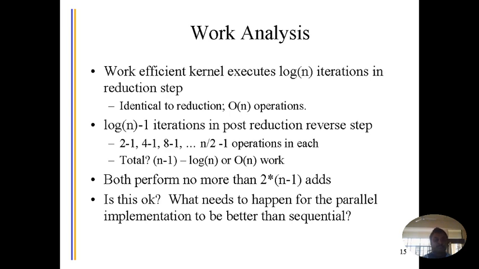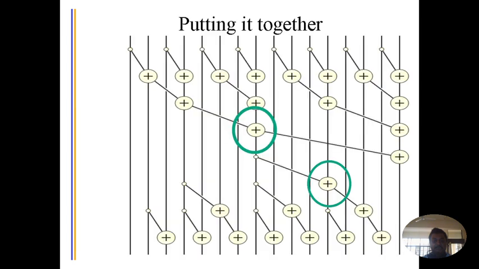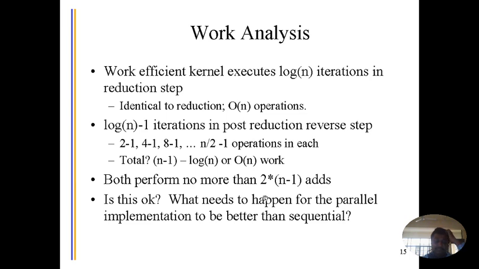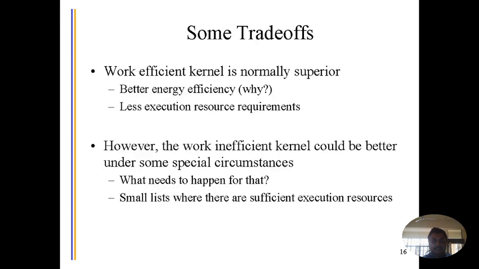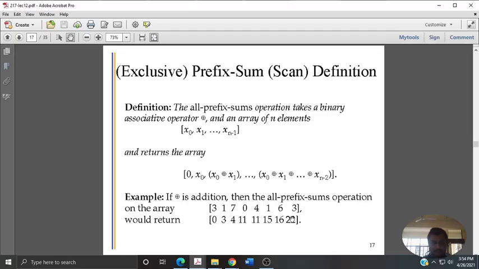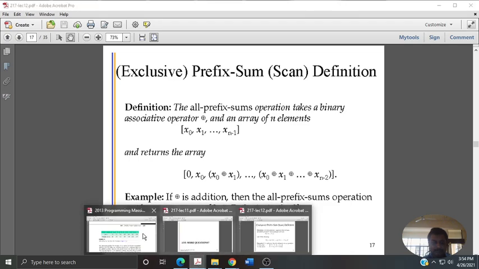With respect to this efficient diagram, whenever you add these numbers, 2, 4, 12, 100, your computations of the additions, or whatever the threads are, are not exceeding 2 into n minus 1 adds. And hence we can claim that this is more efficient than the earlier one. I just want to showcase the diagrams.